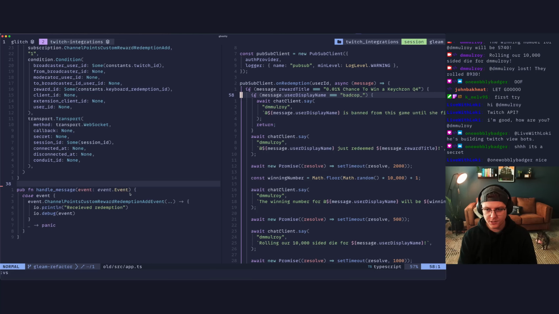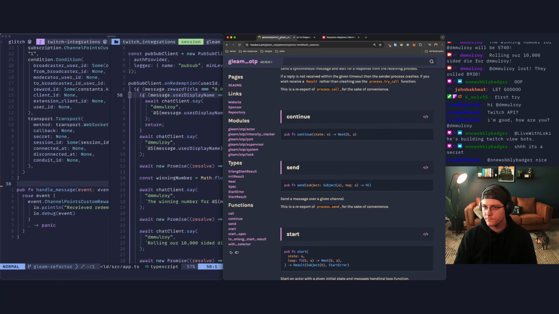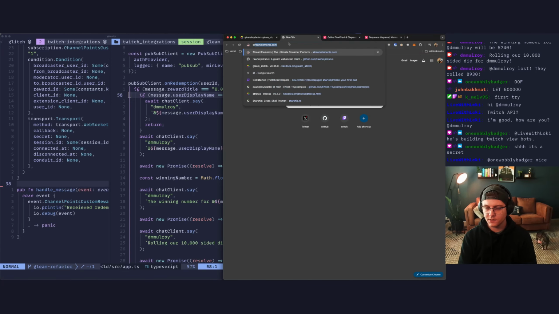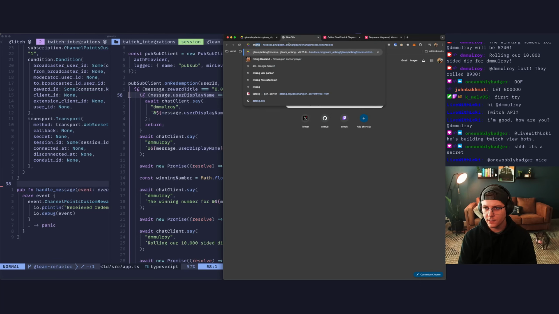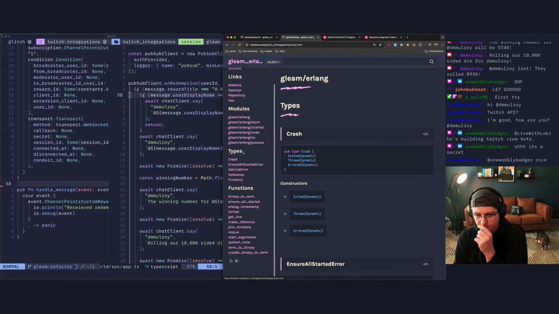We need to figure out how to generate random numbers with Erlang, because I have no idea how to do that. I don't think Gleam has randomness built into the standard library. I think it's in Erlang. System time, nope.